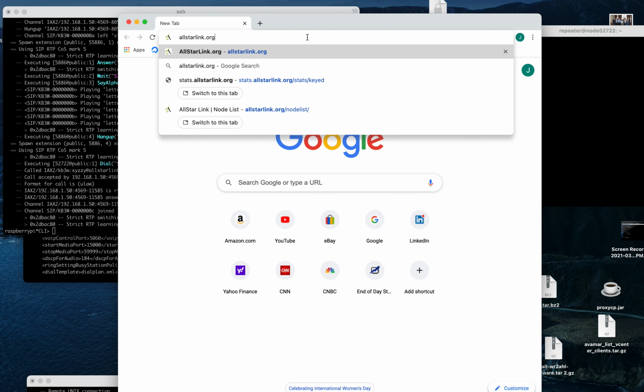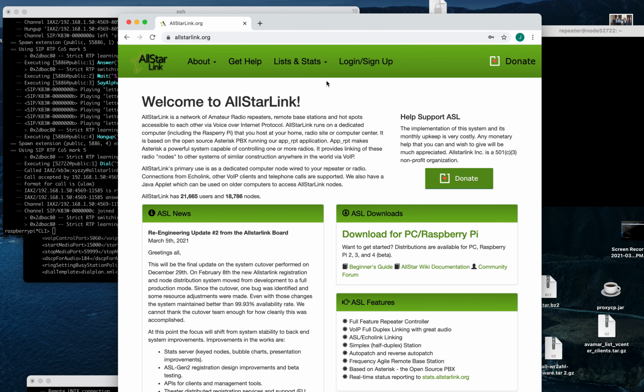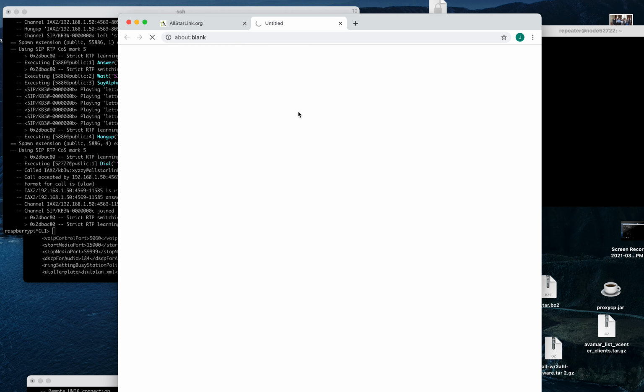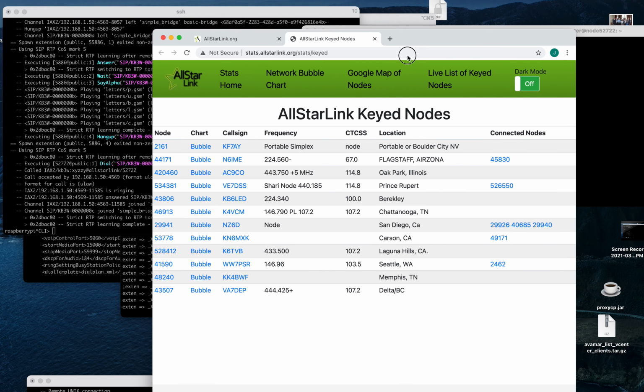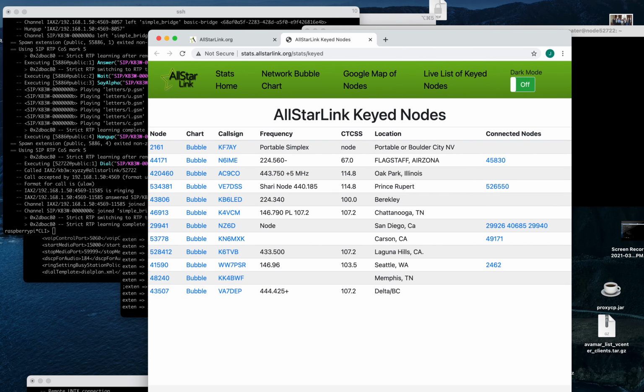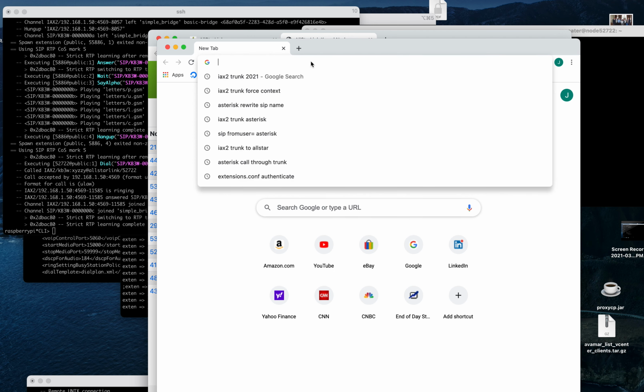Allstarlink.org, there it is. And you can find live amateurs talking on this thing if you look at the live node count. Okay, keyed nodes is here. So there's all the keyed nodes, and what else is cool with this thing is you can see what your node's doing. So I'll bring up one more of these,